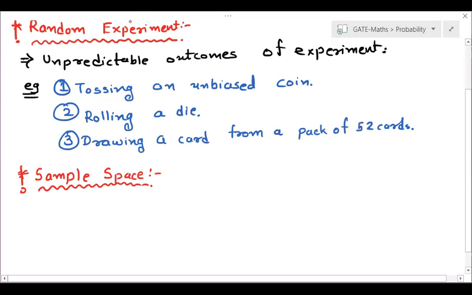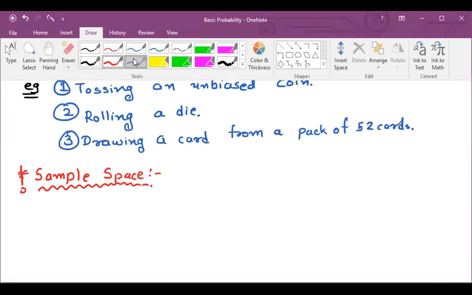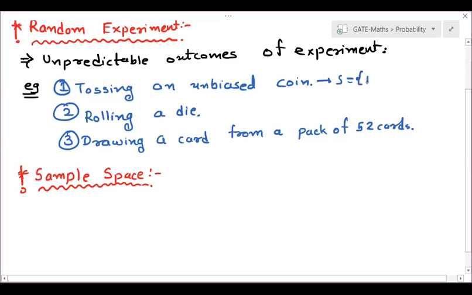Right. So for sample space for tossing an unbiased coin, what will it be? It is heads or tails, right? Okay. Sample space for rolling a die is 1, 2, 3, up to 6. And drawing a card from a pack of 52 cards. So here your cards can be anything, right? You are having 4 different symbols, isn't it? It can be club, spade, diamond, okay, anything. So you can have all 52 options. So sample space is